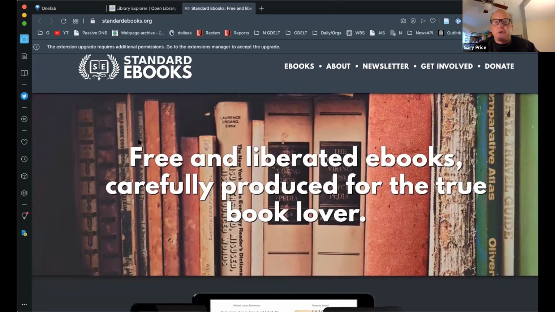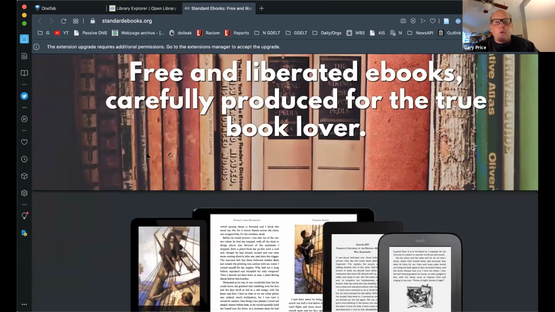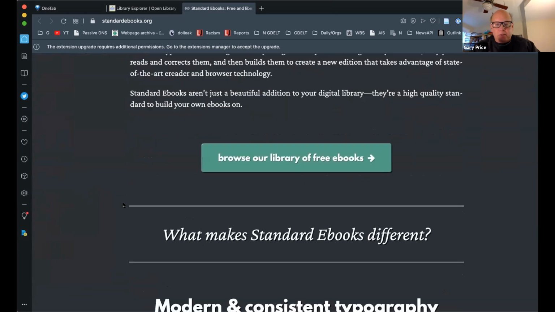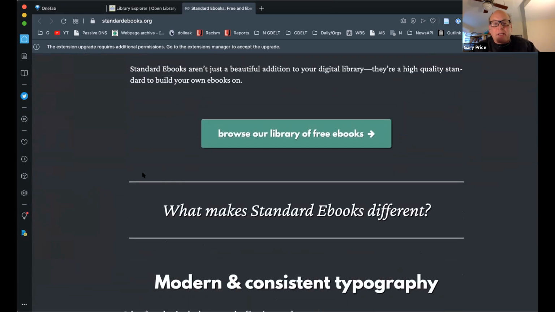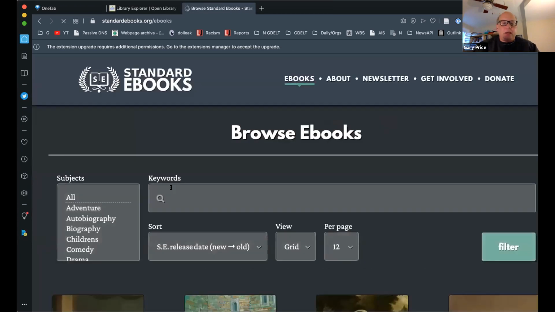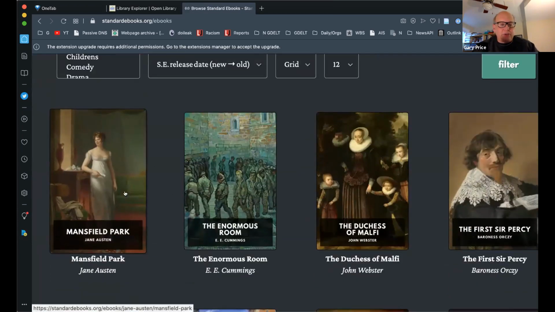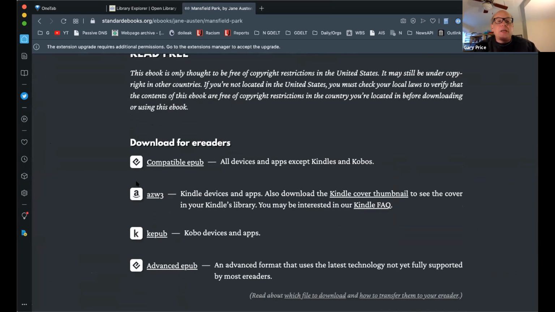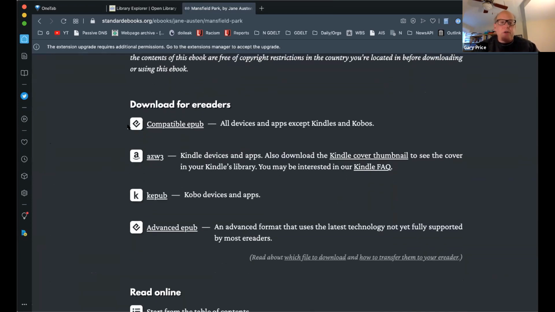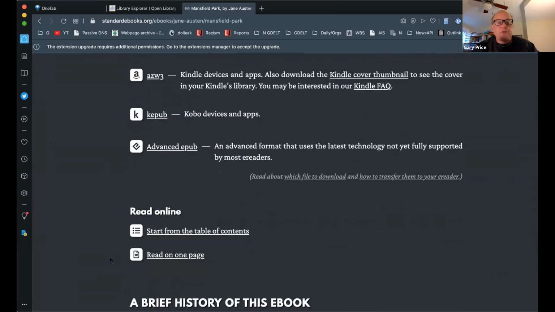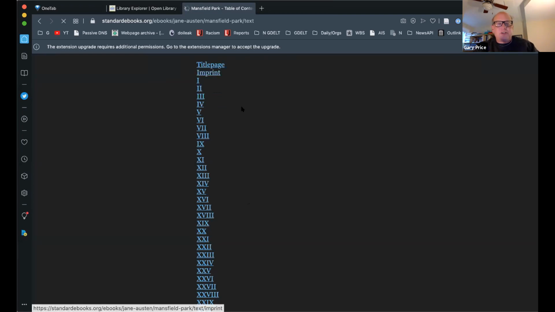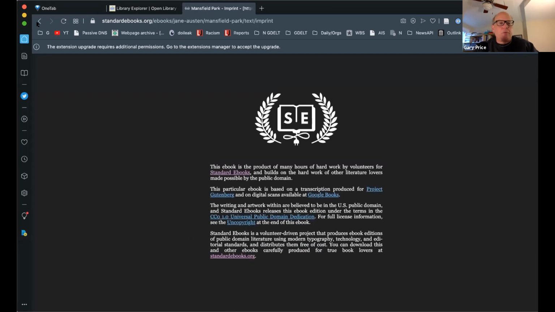And this is called Standard Ebooks. It's a growing project of just volunteers who are taking open public domain ebooks and making them easier to read online. They are including nice images, cover images like this from Mansfield Park. You can download all of the material in one of 4 different formats, or you can read them online. So it's a nice, clean version of an ebook,